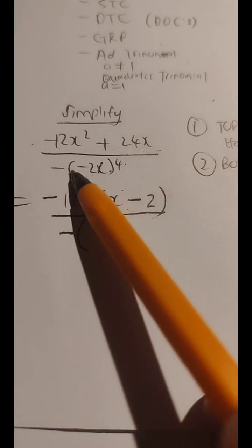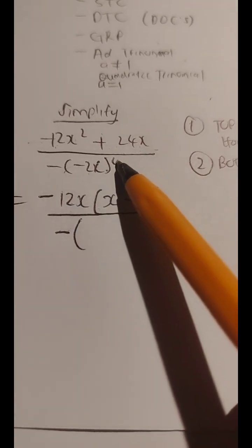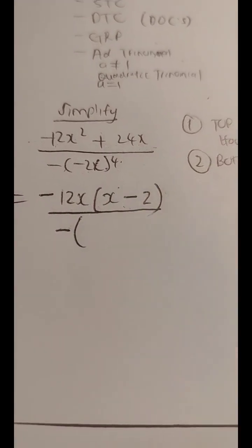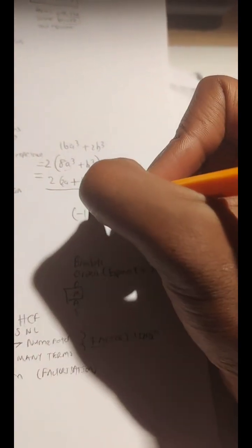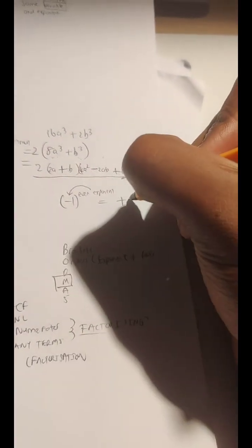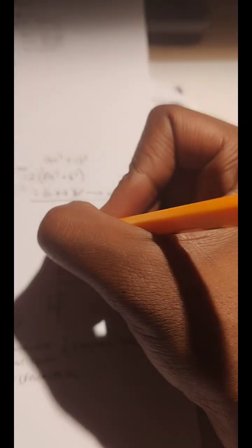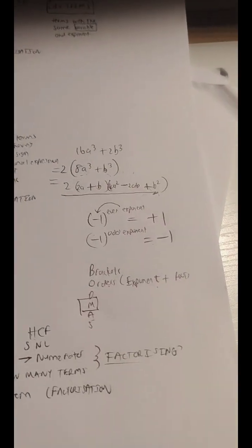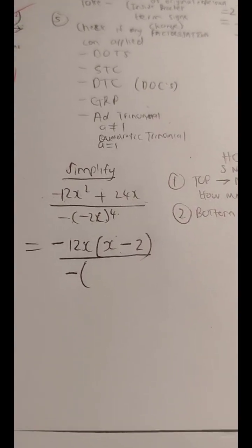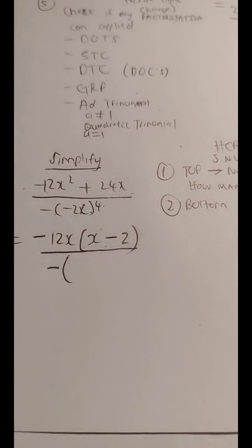If we apply the even exponent to a negative sign, it becomes positive. That's a rule you should have learned in grade 9. If you have an even exponent, when you apply it to a negative sign, the answer is a positive one. But if you have an odd exponent that is applied to a negative sign, the sign remains the same. So please guys, these are basic things that you need to know, mathematical basics, right?